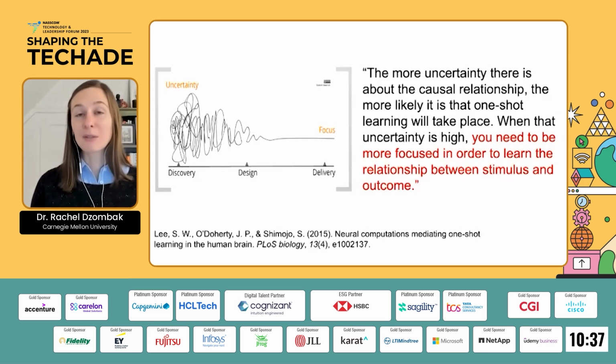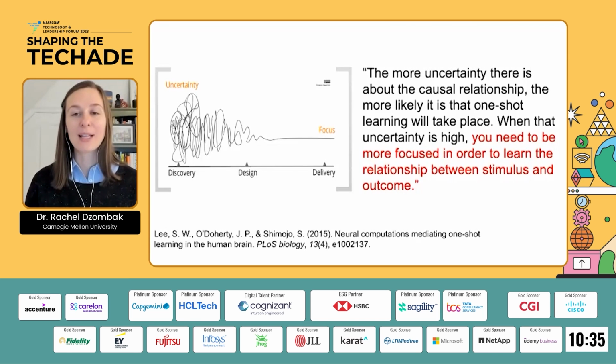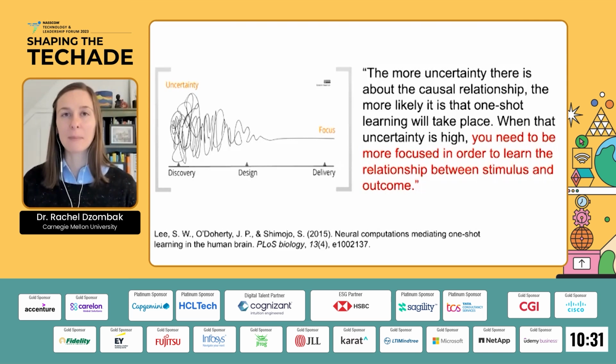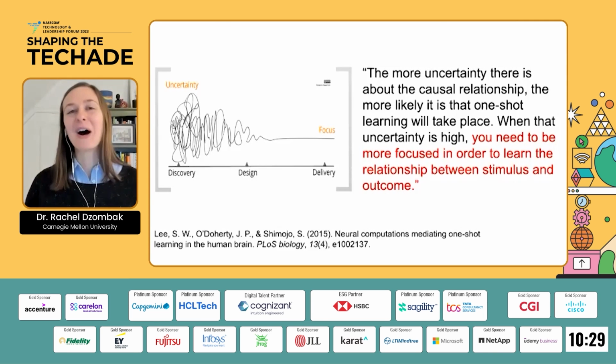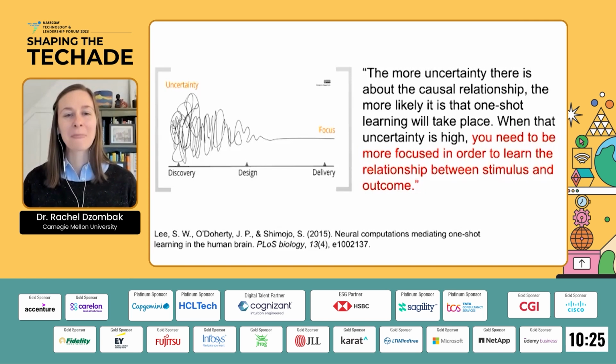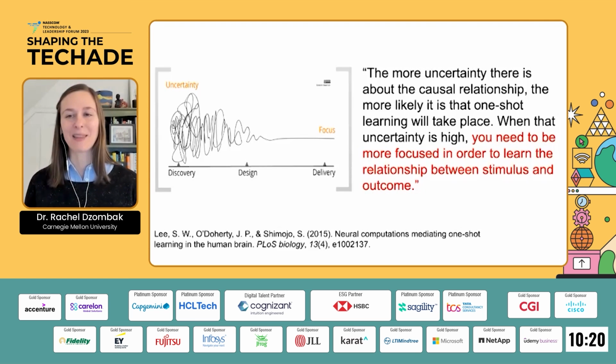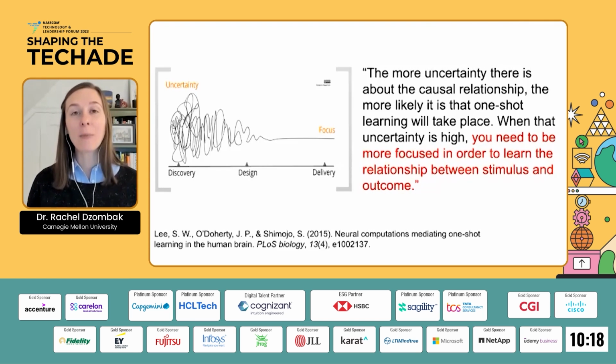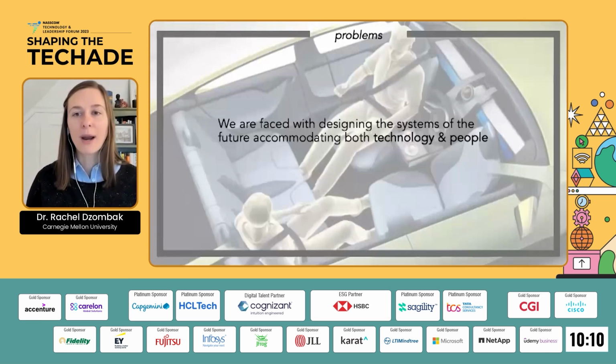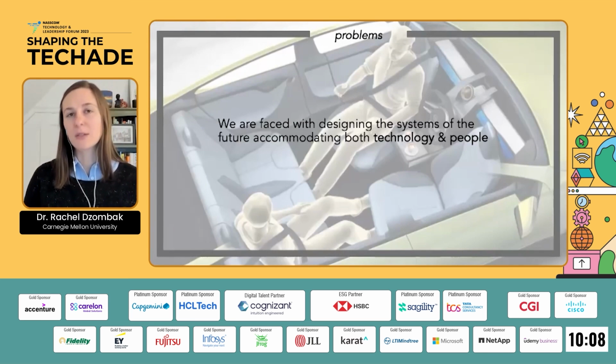And that means we have to override the way our brains naturally function. That means we have to stop ourselves from bringing our biases, from drawing on the assumptions that we've made with probably inaccurate information. And that's very hard to do. And so that's where design and innovation methods can come in to help us be more critical of what's happening when uncertainty is high.